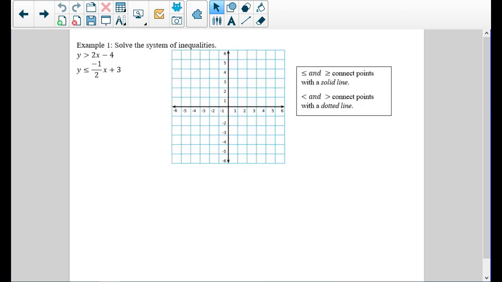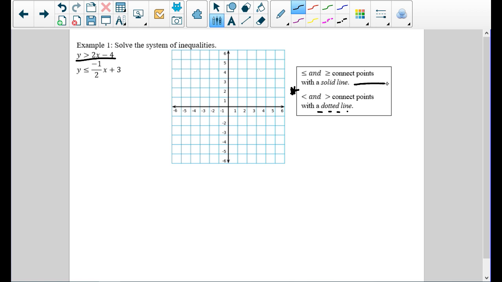So graphing an inequality line. First thing is we're going to graph each line. So taking a look here at this first line, I'm going to graph it here in black. Y is greater than 2x minus 4. So remember, if it's just less than or greater than, we're connecting it with a dotted line. If it's less than or equal to or greater than or equal to, we have a solid line